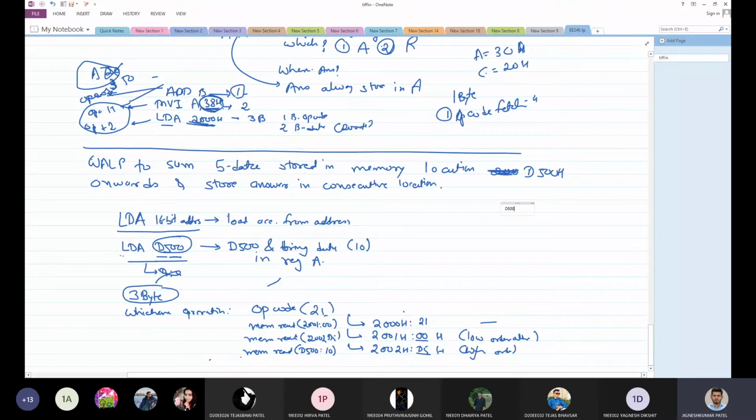We have D500. On D500 we have the number 10H. On D501 we have, let us say, 20H. On D502 say 30H. On D503 let us have 40H, and on D504 let us have 50.